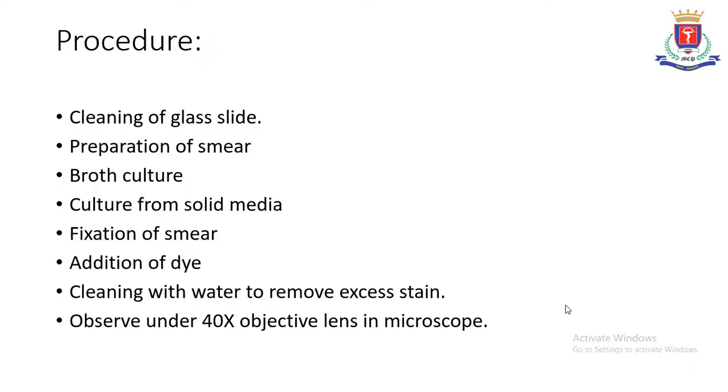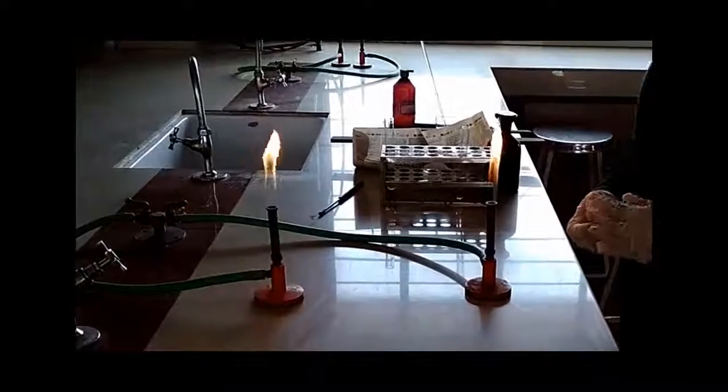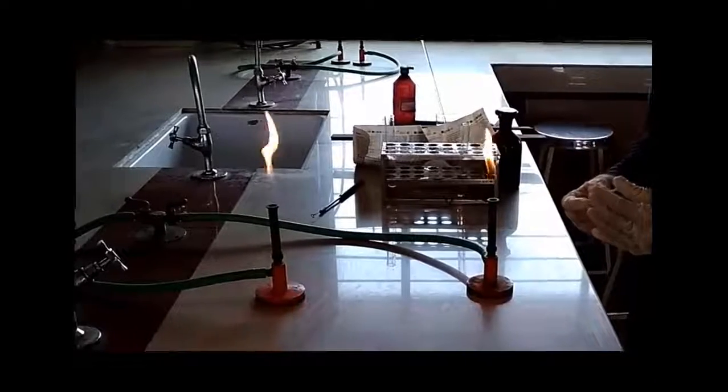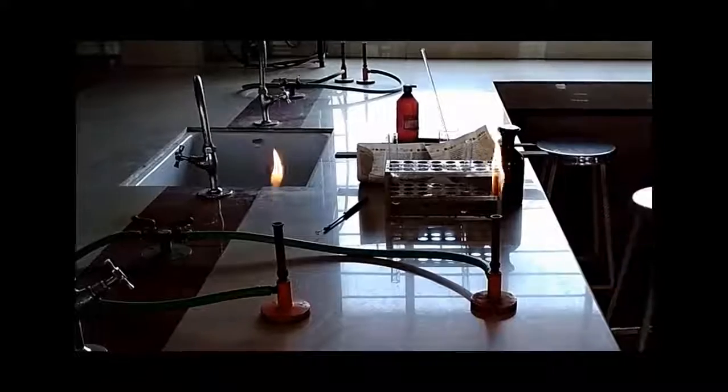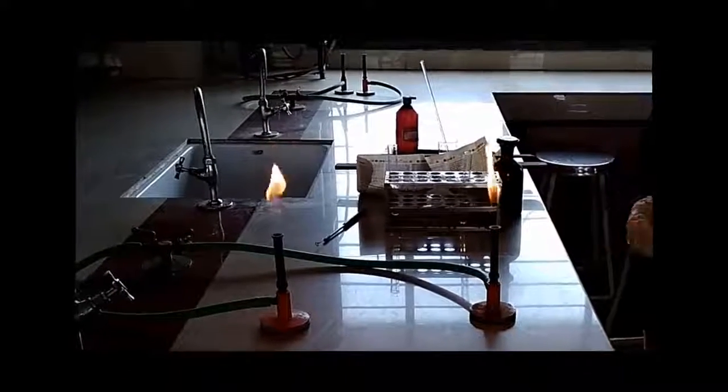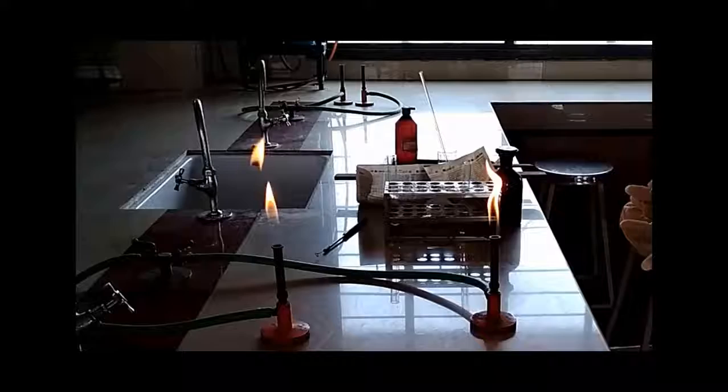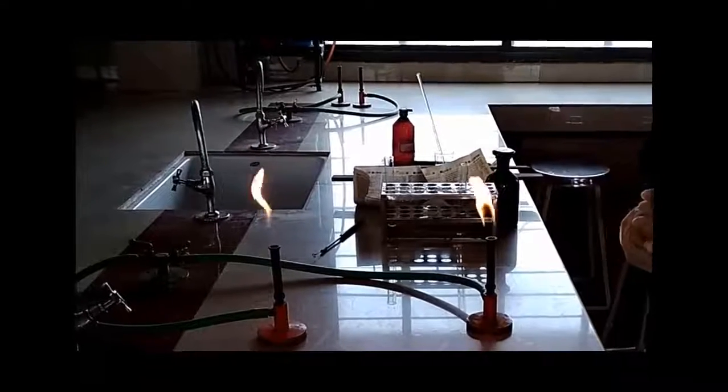So now we will see the actual procedure performed in the lab of the monochrome staining technique. We will see the procedure for the monochrome staining technique. First of all, I have cleaned this particular area where we will be performing this experiment with the help of disinfectant, that is alcohol. It is necessary to clean the whole area and disinfect it